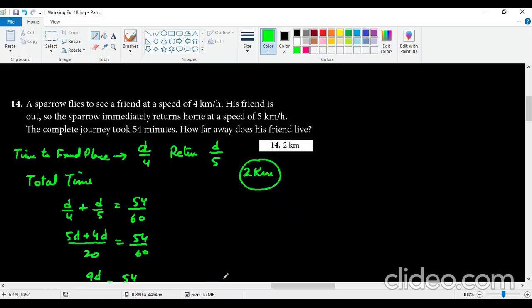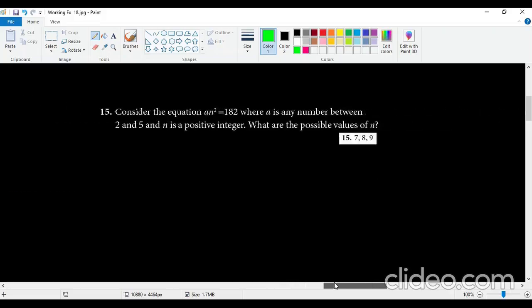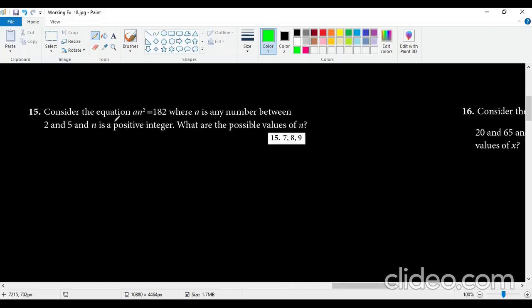Moving on to the next question, which is question number 15. Consider the equation a n squared equals 182, where a is any number between 2 to 5 and n is a positive integer. What are the possible values of a? Now in question 15, it says a n squared equals 182,